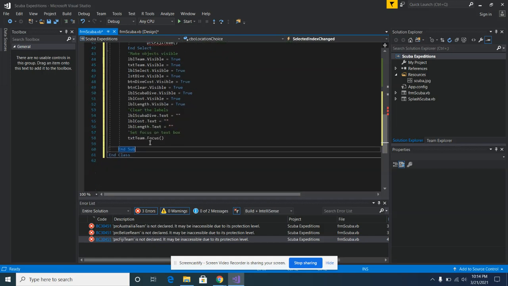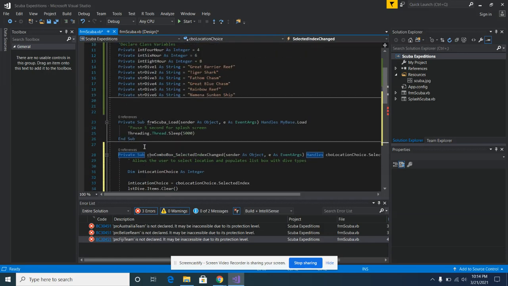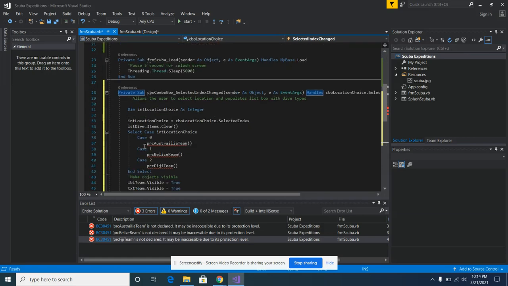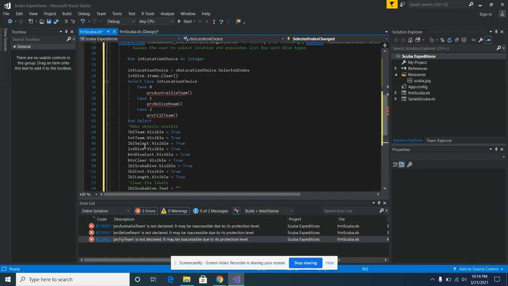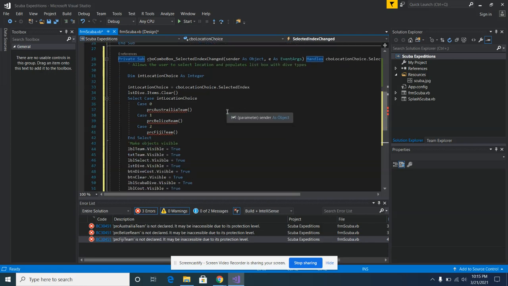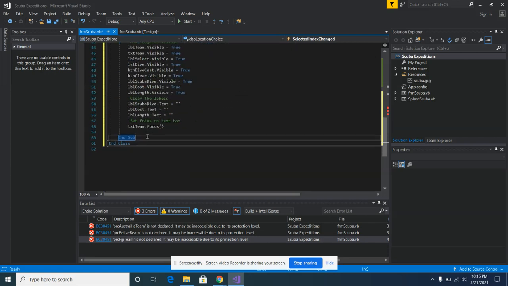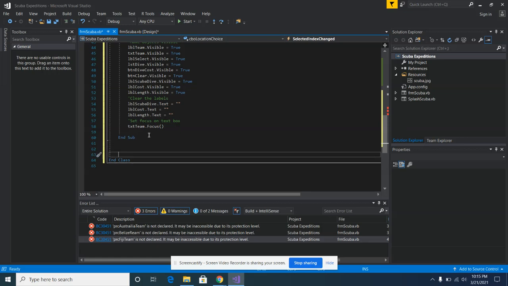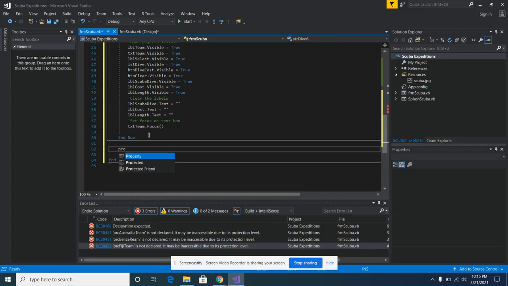We want to create the actual procedure, and we have to do that outside of our combo box sub procedure. So I'm going to go down here below the end sub, and I'm going to say private